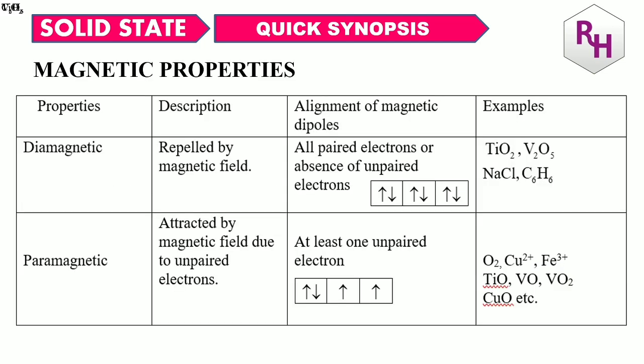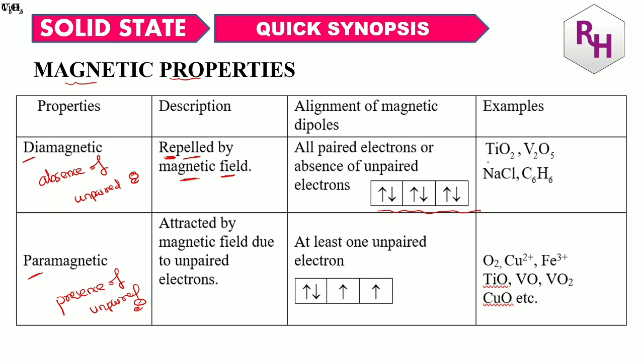And lastly, magnetic property. See, in magnetic property there are 5 types we will discuss. One is diamagnetic, second is para, third is ferro, fourth and fifth we will discuss later. Diamagnetic is nothing but, remember, repelled by a magnetic field. Remember here, the main reason is the absence of unpaired electrons. Here, for the other type, the main reason is the presence of unpaired electrons. Absence of unpaired electrons, hence it is repelled by the magnetic field. See, there are no unpaired electrons present.